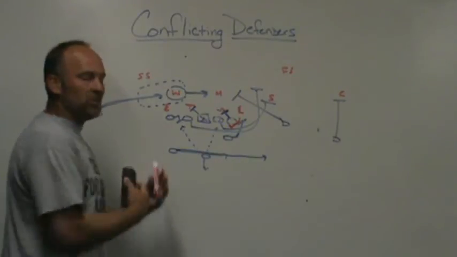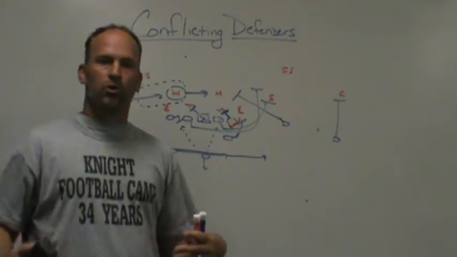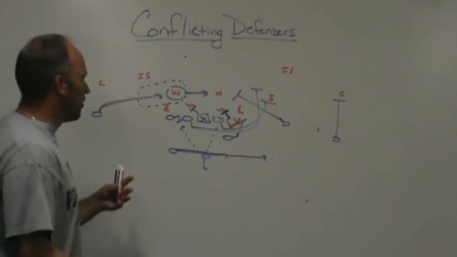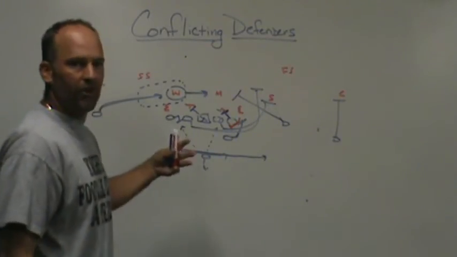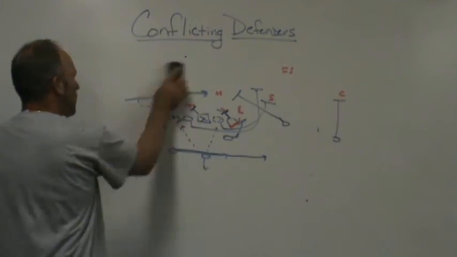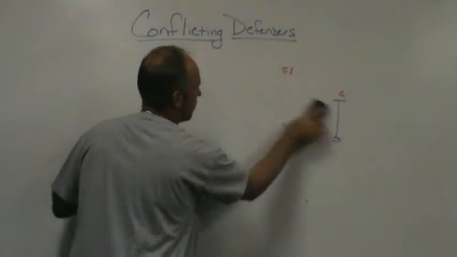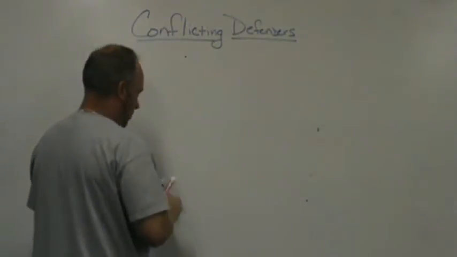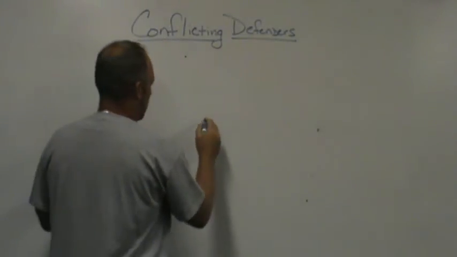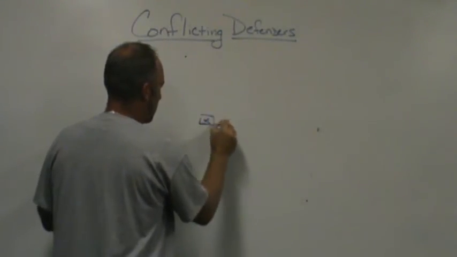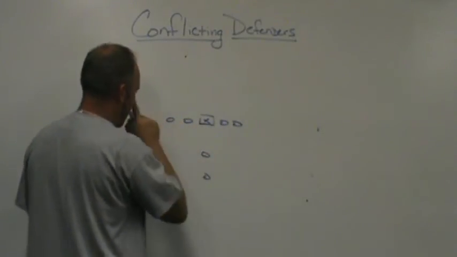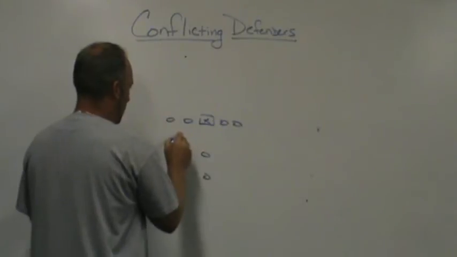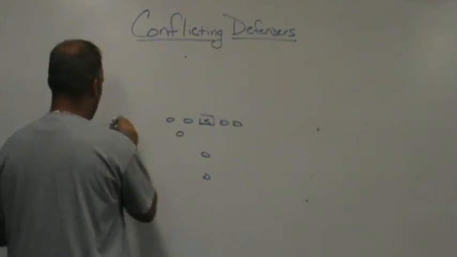Now, I'm not saying that that's the formation or the play or the package you would do it out of, but just in theory, those are the types of things you can do within your own offense to place conflict on defenders. One of the other things you can do with the 5 technique now, within your 1 or 2 back theories here, if you're a shotgun or a pistol team,